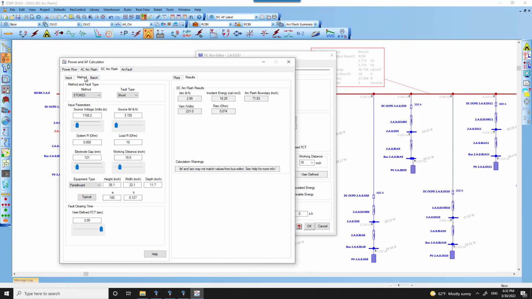So in this case, we used the iterative process using the time slider, and we started with the original gap, a typical gap of 25 millimeters, and kept increasing the gap in such a way that the incident energy at one point reaches a maximum peak value and then starts to reduce. That was happening at 121 millimeters, which gave the highest incident energy, and that was still